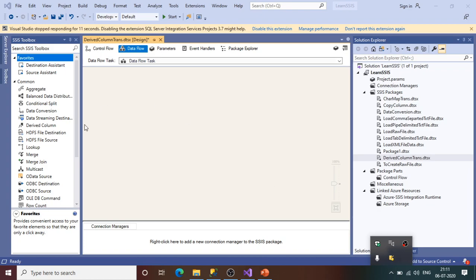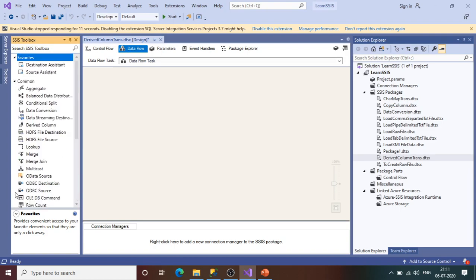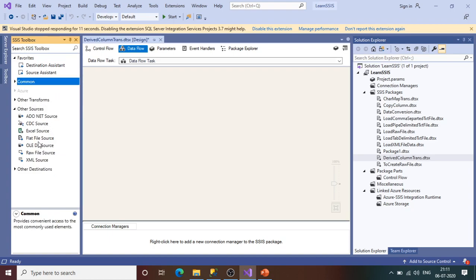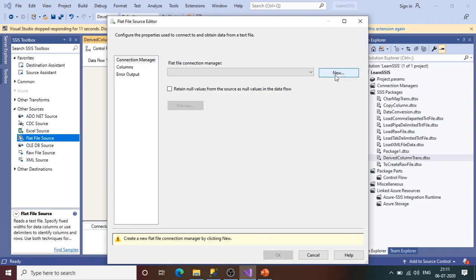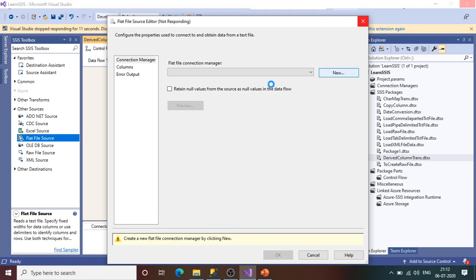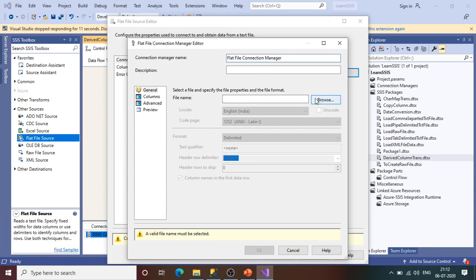Okay, so as we know that the source is a CSV file, so go to the source category. Okay, this is the common category, other sources, flat file. Drag the source file here. Okay, double click on the source to configure it. ओके इसका कनेक्शन स्ट्रिंग आपको सेट करना पड़ेगा. यू नीड टू गिव द लोकेशन वेयर योर CSV फाइल इज लोकेटेड, फ्रॉम वेयर यू आर गोइंग टू पुल द डेटा. ठीक है, तो ब्राउज कीजिए.